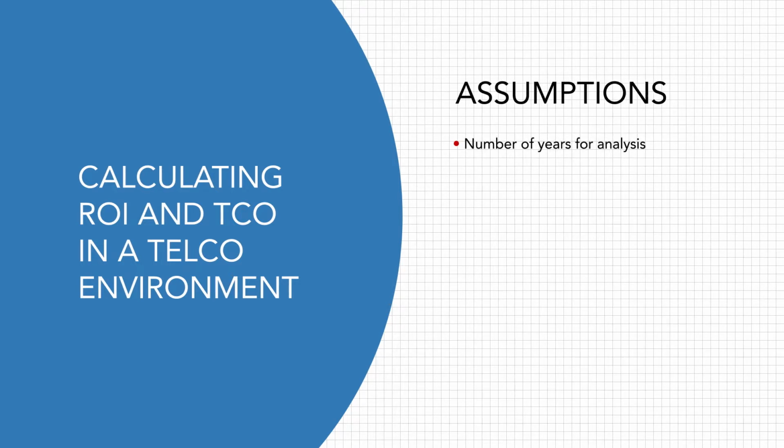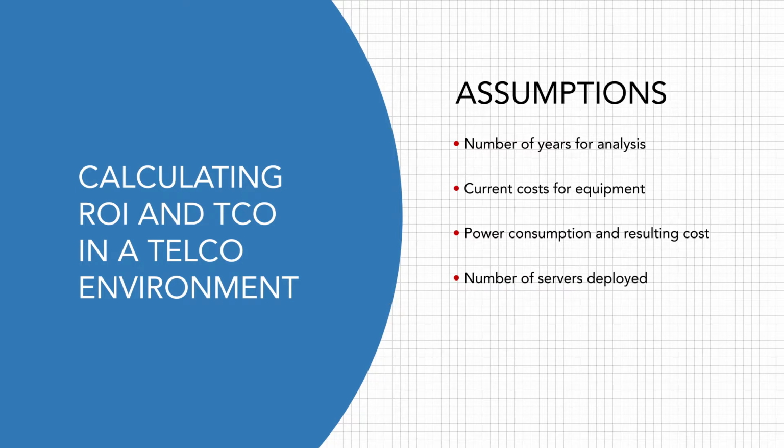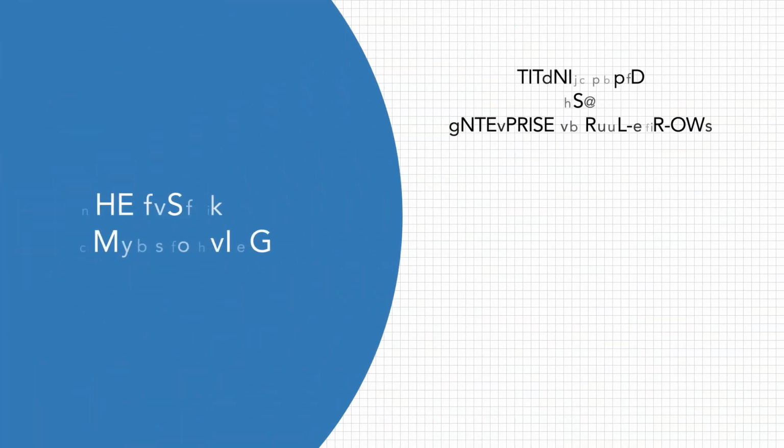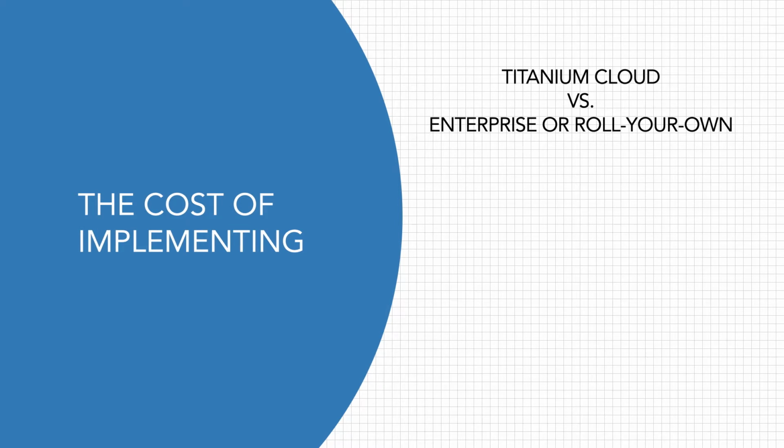as number of years for analysis, current costs for equipment such as servers, optical ports, and switch interconnect, power consumption and the resulting cost, number of servers deployed, and number of customers served. You then need to factor in some assumptions around downtime to understand the impact downtime has on customer service level agreements, SLAs. From there, you could look at the cost of implementing Titanium Cloud versus enterprise-class software or a roll-your-own